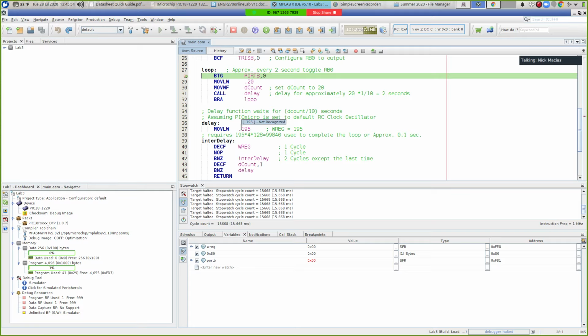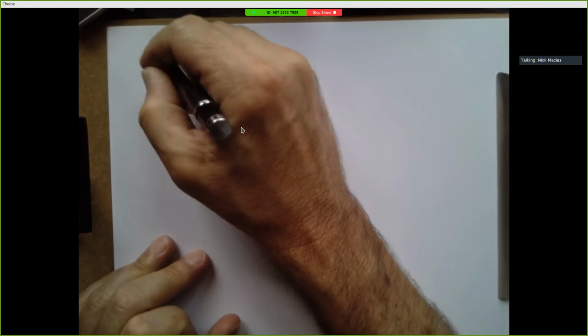Okay, so here's what you got to know about doing debugging on MPLAB. The simulator is assuming that your chip is not being clocked at 31 kilohertz, but rather at 1 megahertz. Actually 4, but divided down. So MPLAB,